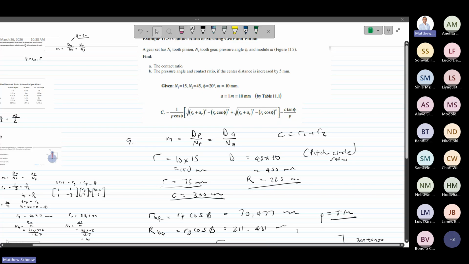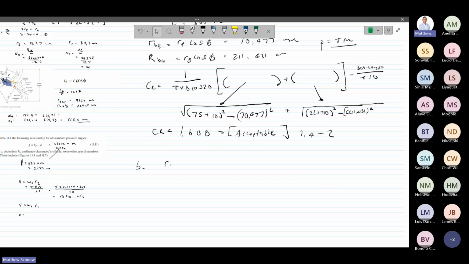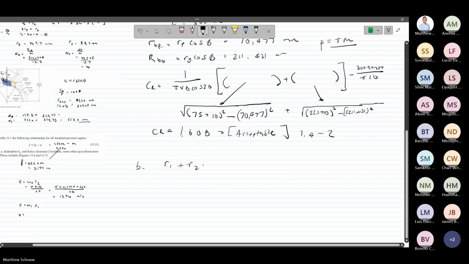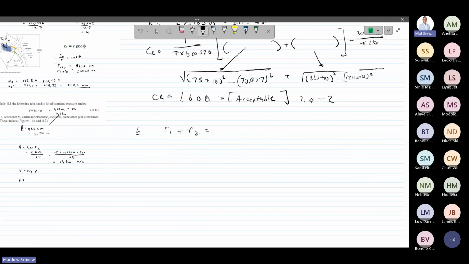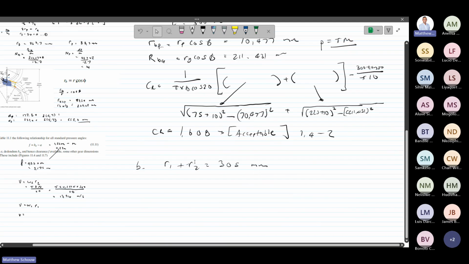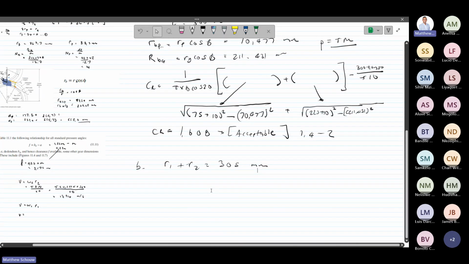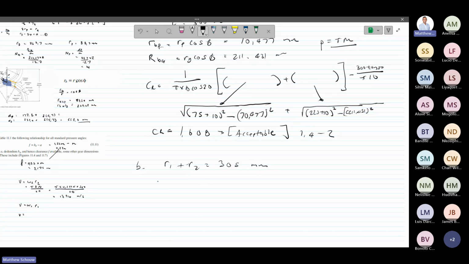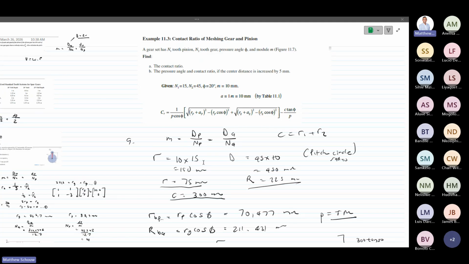So we increase the center distance by 5. What it means is your R1 plus R2 is now going to be 305, right? Initial was 300, so it's 305. Perfect. And then if that changes, our R1 and R2 are going to change. So if you recall, am I missing something? We're going to need to use